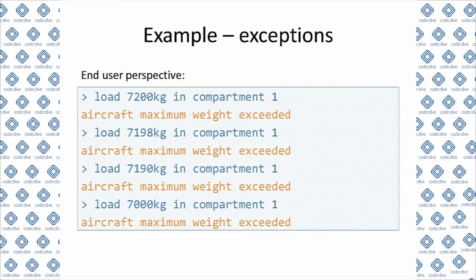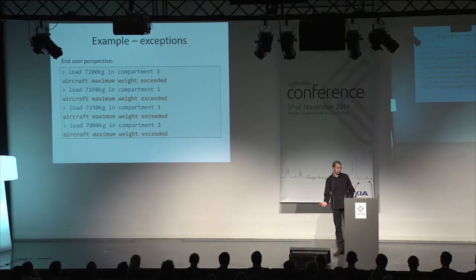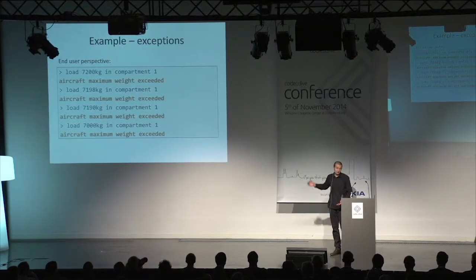Imagine how this software will be used by load planners. So the girl sits at the computer. She wants to load something, put some load into compartment. She puts load 7,200 kilograms in compartment 1. The way it's implemented, the application will respond, aircraft maximum weight exceeded, because the other function is returning true there. There's no excess in weight, it's just a database problem, but she doesn't know because it's the function that too heavy that's giving this answer. But what she sees is aircraft maximum weight exceeded.